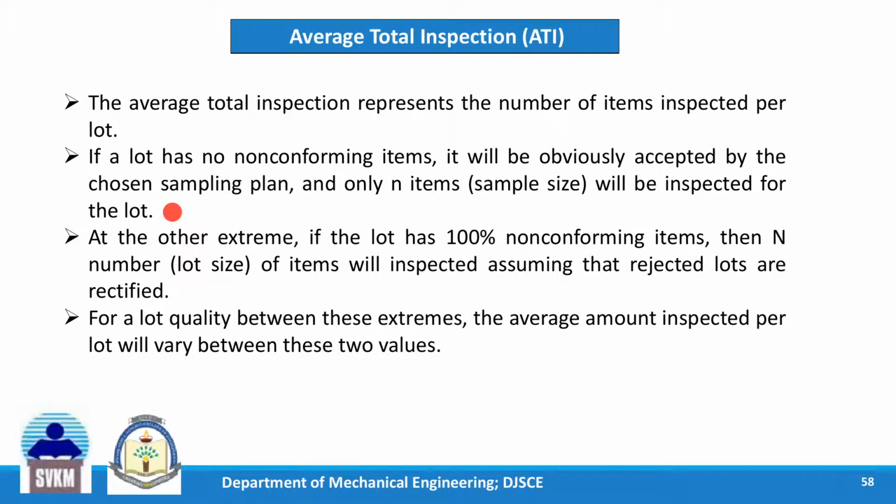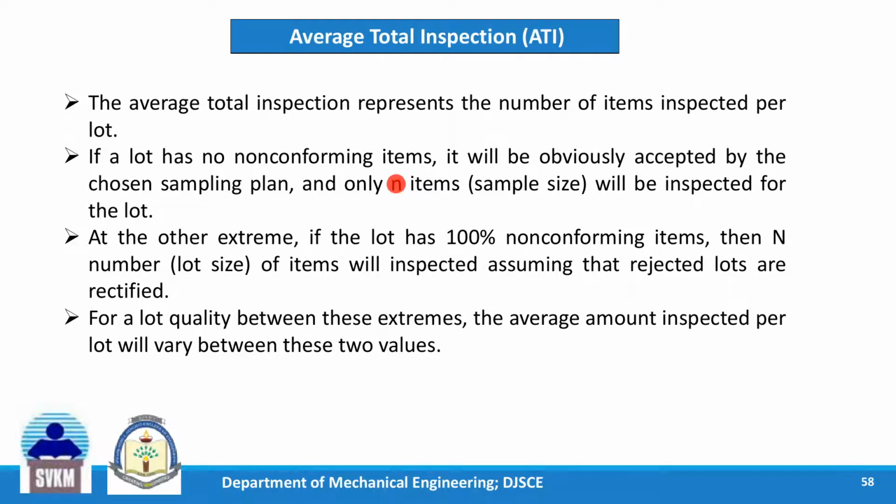Suppose you have a lot consisting of 1000 components and the sample is 100 pieces. So what you do, you inspect that sample of 100 pieces, and based on the sample you take a decision about the lot. Suppose the number of defectives is less than the acceptance number, then what you are going to do? You are going to accept this lot which is consisting of 1000 pieces. But how many pieces you have measured or inspected? That is the sample size, that is 100. So here the average total inspection is equal to this n value